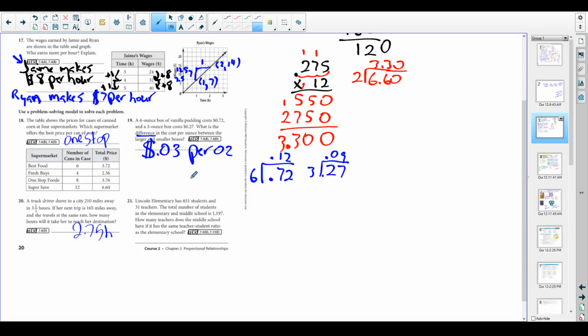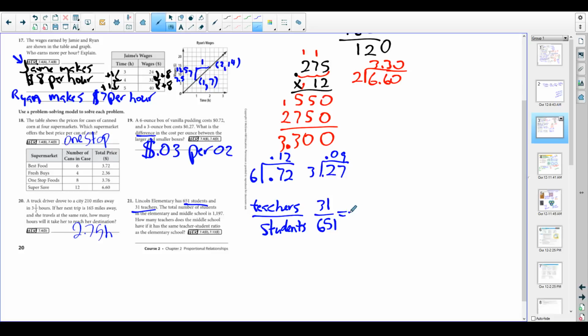And our last one, Lincoln Elementary has 651 students, 31 teachers. The total number of students in middle school is 1,197. How many teachers does the middle school have if it's the same teacher-student ratio as the elementary school? Okay, so we're comparing students, teachers. If all we're doing is comparing two things, and it says we want to keep the same ratio, which means we want a proportion. So let's say teachers, because they always come first. Students, they come last. So at the elementary school is 31 to 651